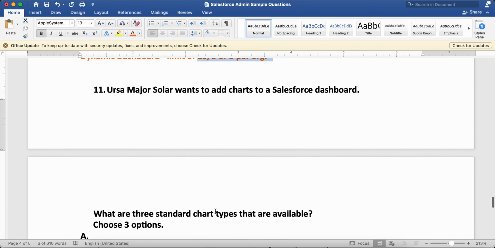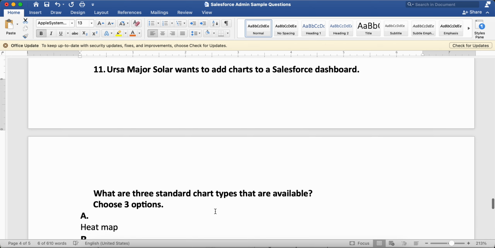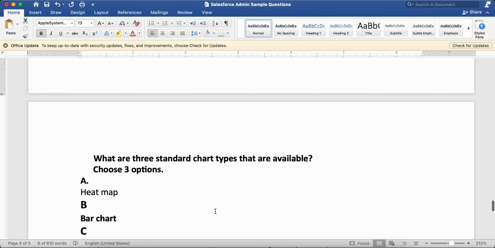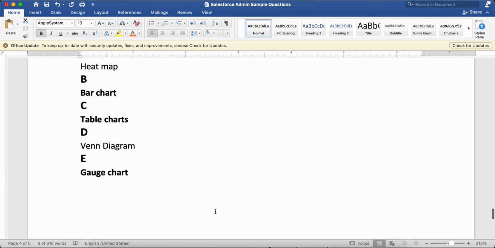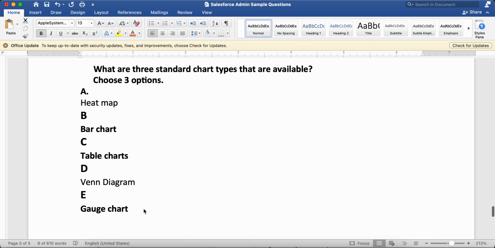Now the next question is that Ursa Major wants to add charts to a Salesforce dashboard. What are the 3 standard chart types that are available? So we have bar chart, we have table charts, and we have gauge charts. Okay, so these 3 are the answers. Some of the questions are very direct like this one, so you don't need to think, because you know that these are the charts which are available.